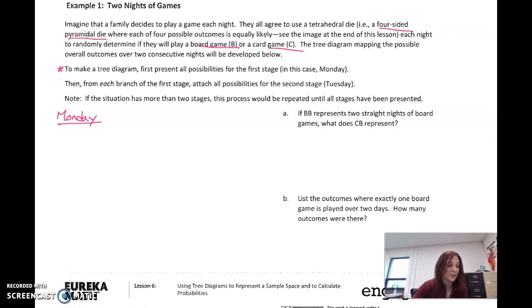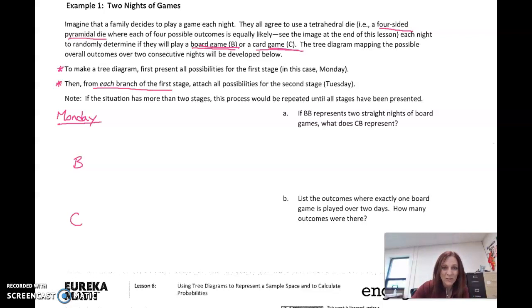And leave some space here, right? Well, we're choosing whether we're going to play a board game or a card game. So I'm going to leave some space here and I'm going to write B for board game and C for card game. That's the choices for Monday. Don't stress and think, well, but then they could, no. Just on Monday, what can they do? It's either going to be a board game or a card game. Then,